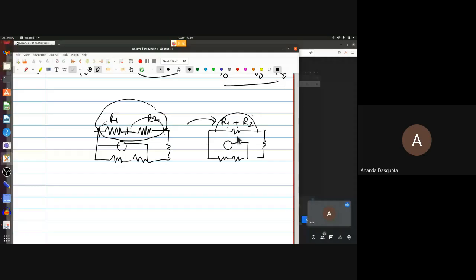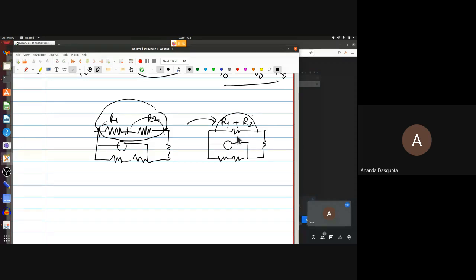It's just that if you were to replace a part of a circuit by an equivalent, voltages and currents everywhere else in the circuit should stay the same. That is actually a very trivial thing to say, but it's also a very important thing to keep in mind. When you replace something by an equivalent circuit, of course, that part has changed. You have something complicated there, you have replaced it by a single resistance or single impedance, single whatever, single voltage source. So that part has changed. No doubt about that.